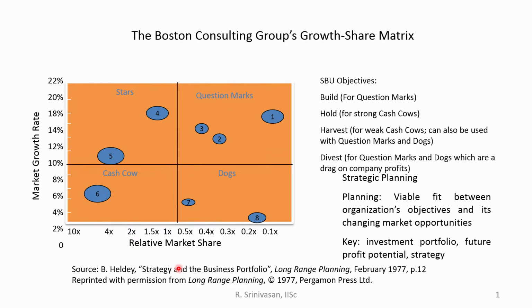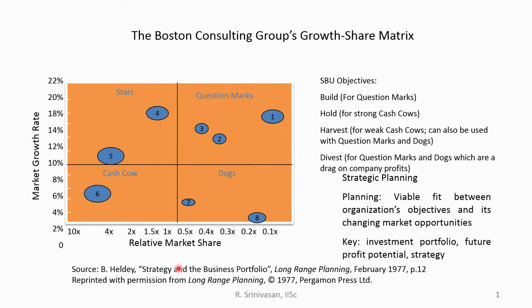Take for example, Bharat Electronics in Bangalore. It caters to so many defense products, and an SBU can be tailor made to that defense products division only. Similarly, with respect to ITI, you can have an SBU with respect to telephones, you can have an SBU with respect to defense. So, this is how you bring a company into different SBUs. Taking these SBUs into account, this BCG matrix is drawn.